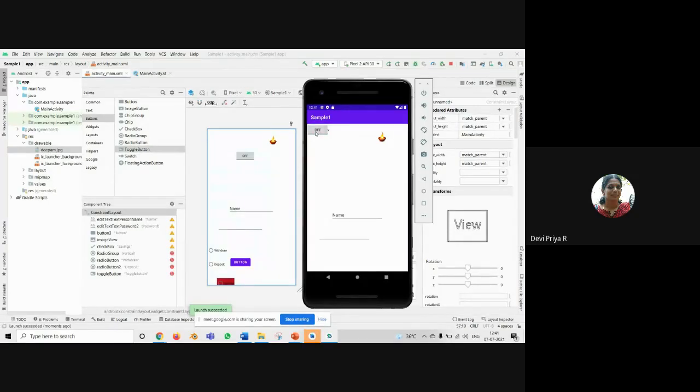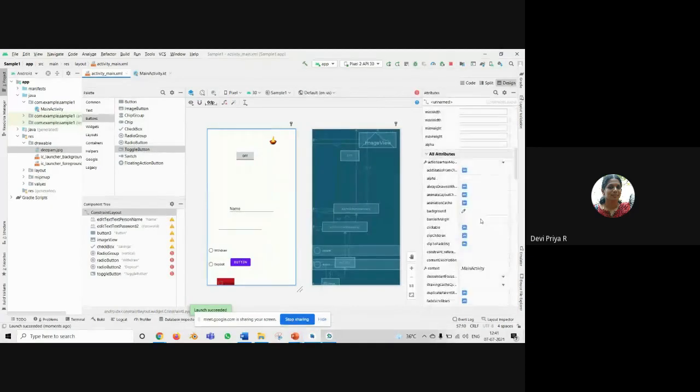And if you want to change the color, that means if it is in the off position, you need it in gray color. If it is on, you need it in green color. That also you can set, and all those things can be set here. So you have so many options you can set here, or you can do it in the code. Okay, so these are the basic things that you can have.